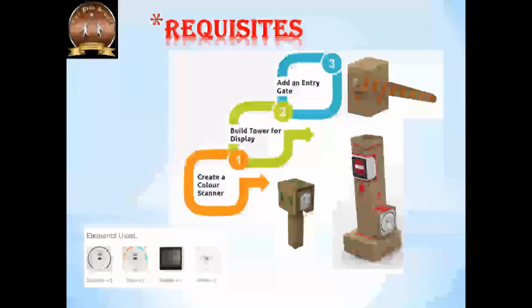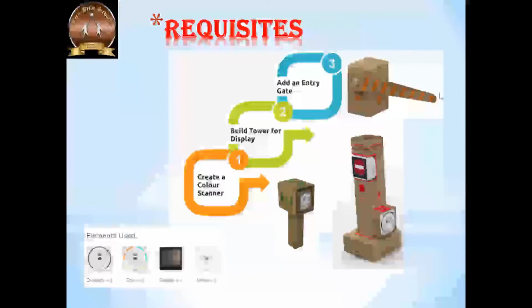We are going to use a color element in it, which will sense the color of the tickets. I'm going to take blue color and yellow color today. Then we are going to build a tower in which the screen number will be displayed. For example, for blue, go to screen number 1, and for yellow, go to screen number 4. Fine. And the third step is to make the entry gate.